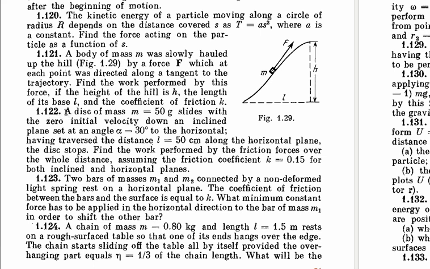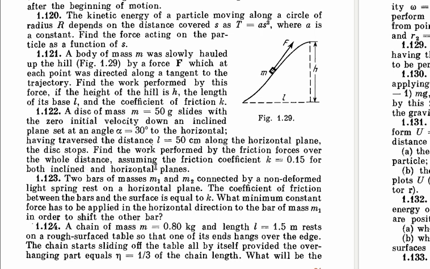question. It says that a disk of mass m slides with zero initial velocity down an inclined plane set at an angle alpha to the horizontal. Having traversed the distance l along the horizontal plane, the disk stops. So the initial velocity is 0 here and the final velocity is again 0. So the change in kinetic energy is 0 in this question. This is a key point in this question. Find the work performed by the friction forces over the whole distance, assuming the friction coefficient k for both the